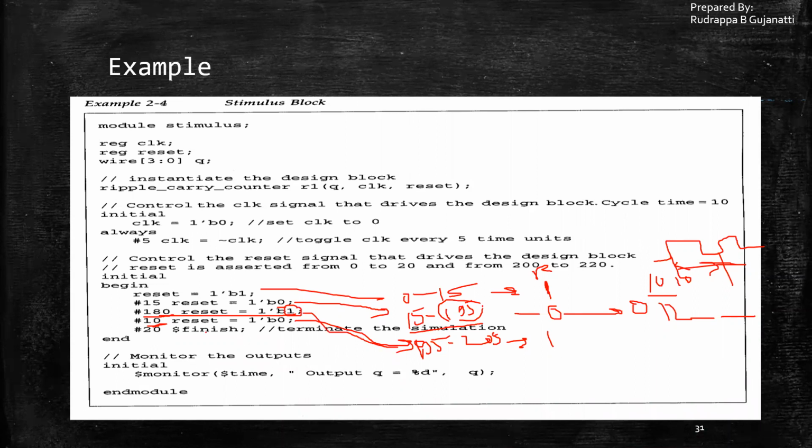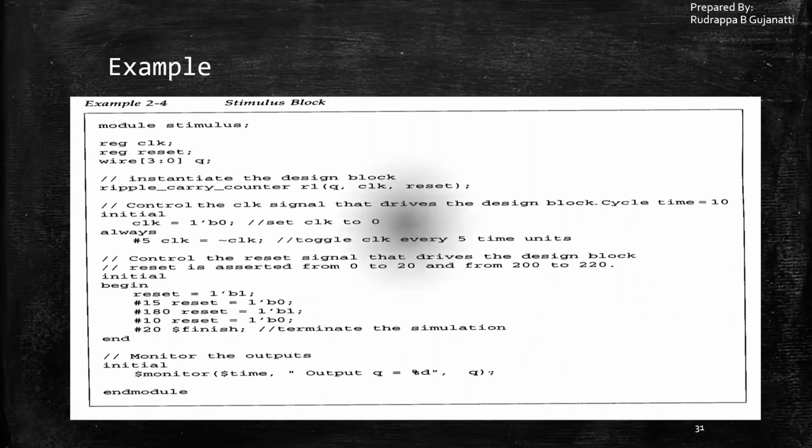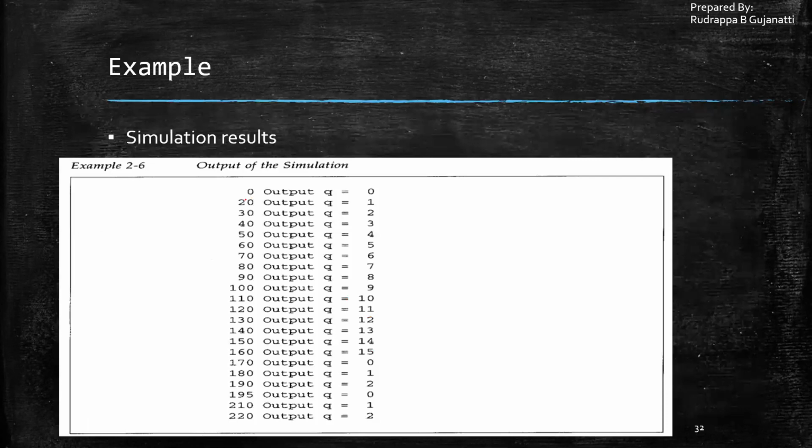That is this condition. And then what happens is from this point to the next 20, then it will be terminated. So previously I had 205 plus 20, which means it is 225. So from this point to this point, the reset will be 0 because of this value. It will be 0 and it will continue only up to 225 units. So that is what is given in the next state. So that is the result he has specified.